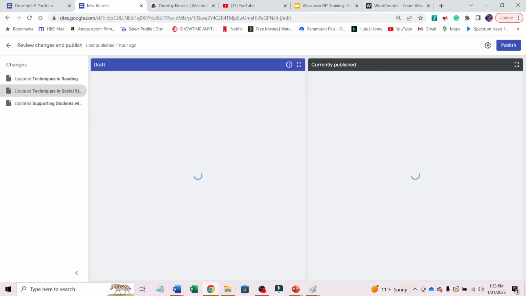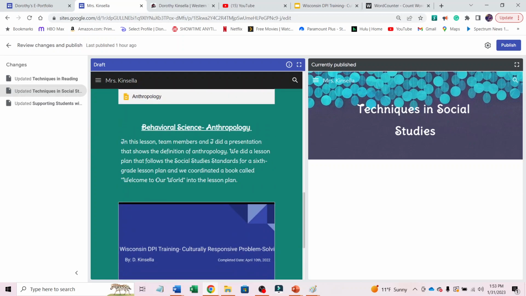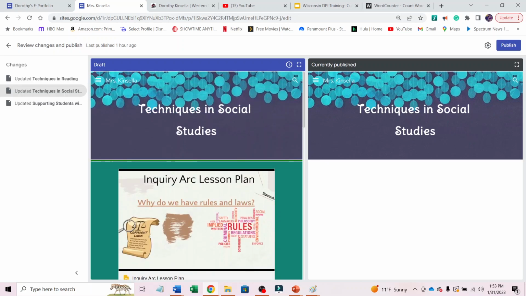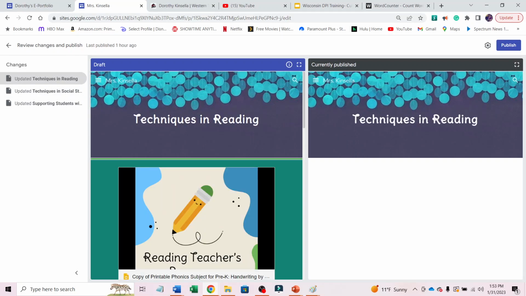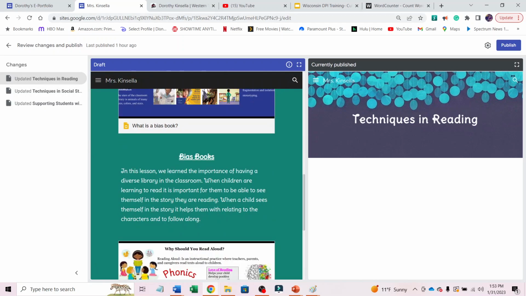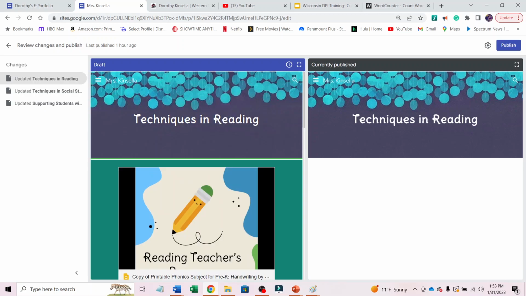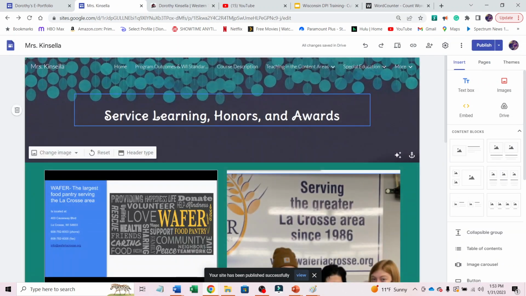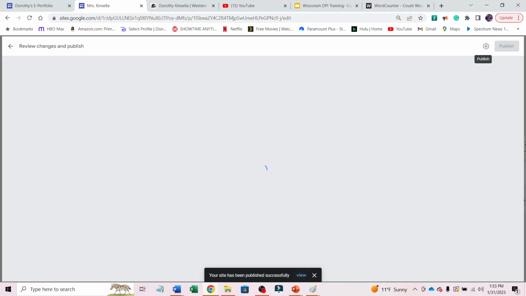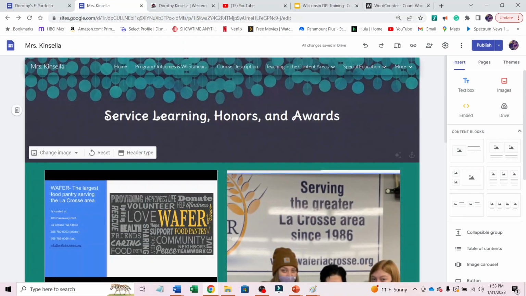In social studies, you see there's a draft and then a current published page, and how they don't look the same because I added them and I haven't saved yet. Here is reading, current publish. What I edited is a draft, and I'm going to hit publish again, and it's just saving it, it's updating it. So if I go to publish, it's going to show nothing has been edited since I just published it again. And if I go back,